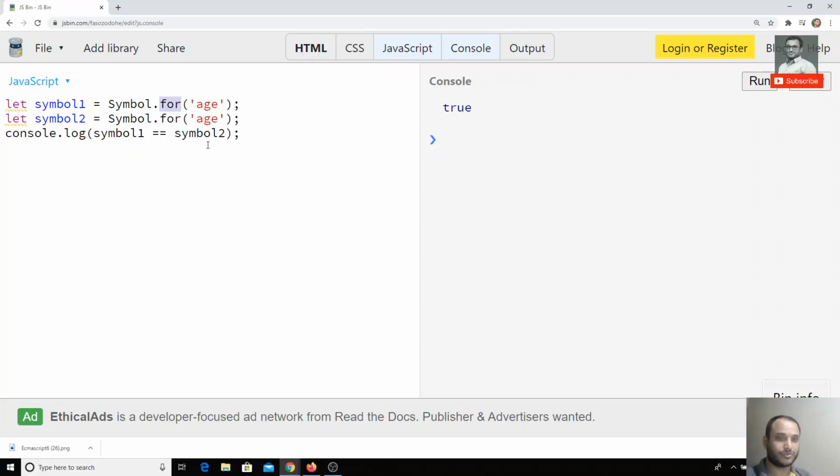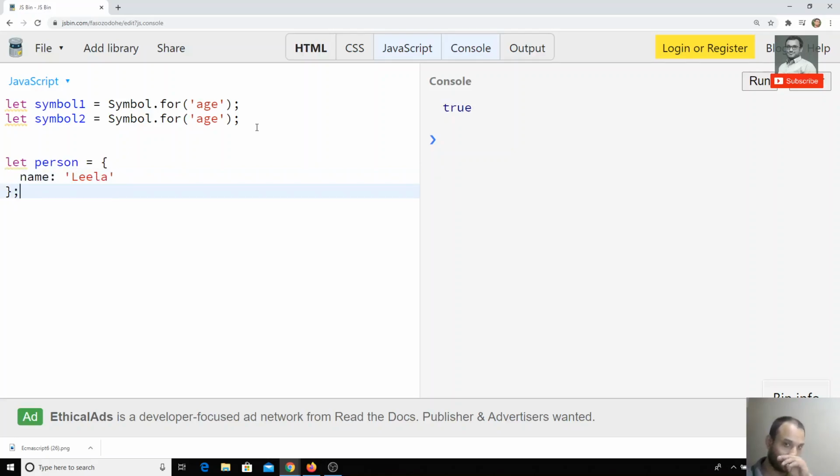Now I will create an object, let person equal to, with my name. Then I will create a function, make age, to add a symbol to the person object.